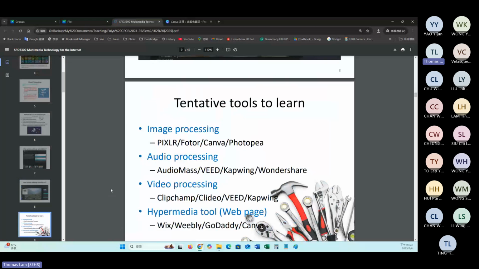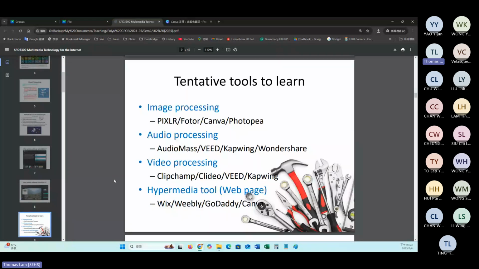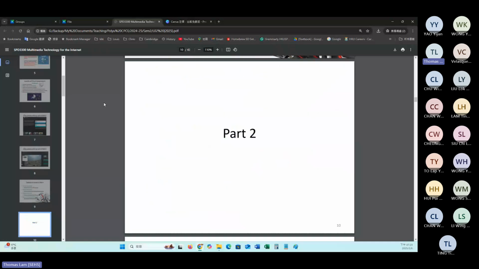Here are some tentative tools that you are going to learn. It really depends whether the platform is still available or has any limitation on usage, and then I will pick some of them for you to try. These are something that you may need to use over the coming lessons.